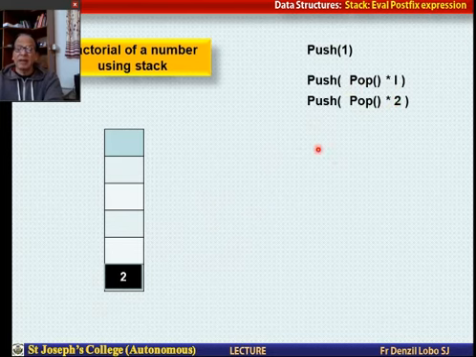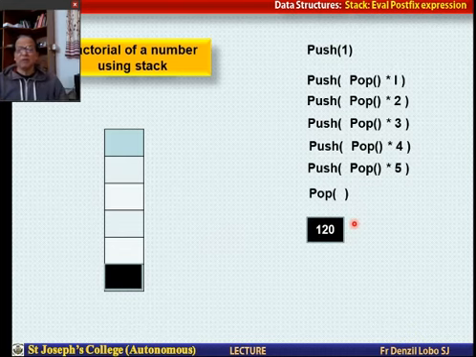Now for factorial of 4, I have popped this number 6, multiply by 4. So 6 into 4, 24, and that is pushed onto the stack. Similarly, factorial of 5, I pop this 24, multiply by 5 and push it onto the stack. So we have now found the factorial of 5. Since I want to find the factorial of 5, I pop this number and that is going to give me the factorial of 5. So beautifully done, a simple algorithm.